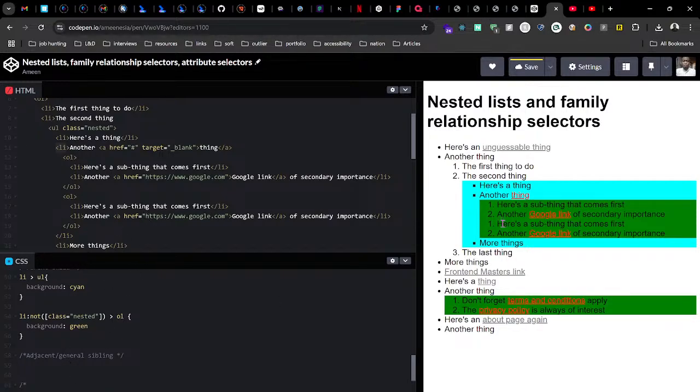Now let's start with this. Let's target just these elements that immediately precede an li element, right? That doesn't have a class of nested. Now let's do that with this,